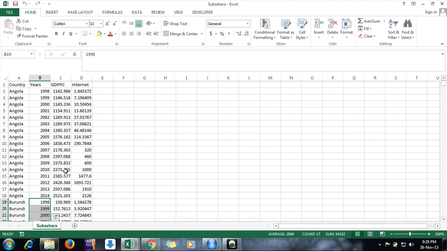Like this, it is only 42 countries. Suppose you have 200 countries, or 1000 companies. How to do that? It may take 3 days, 4 days, but here it will take only 2 or 3 minutes. So in these 2 or 3 minutes you can do n number of cross sections and n number of time series, and you can convert that into panel data. So let's start how to do that.